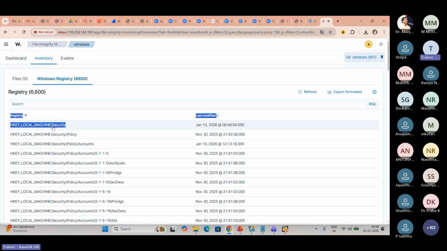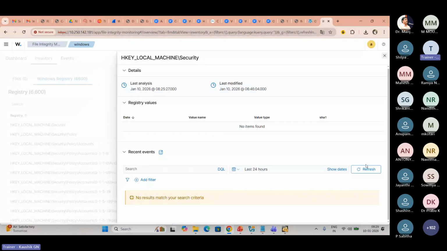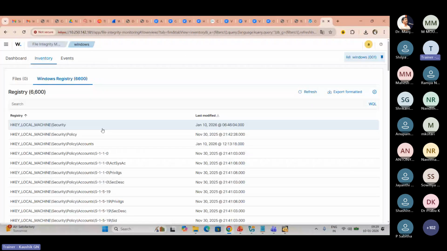So for example, this is the alert I got. I have used it. If it is genuinely used by me, then it may be a false positive. But if someone forcefully and without authorization uses it, then it will generate an alert. This is how the thing works.